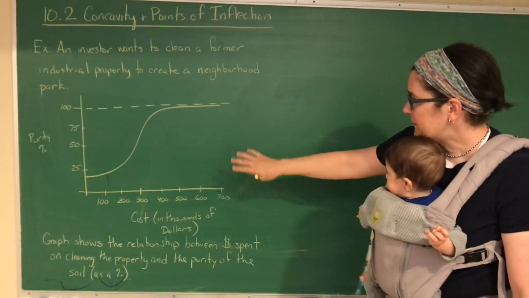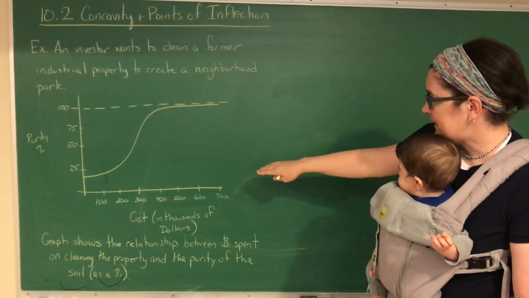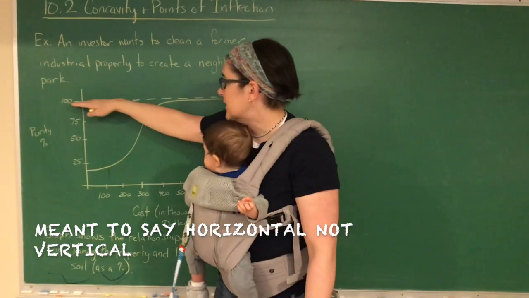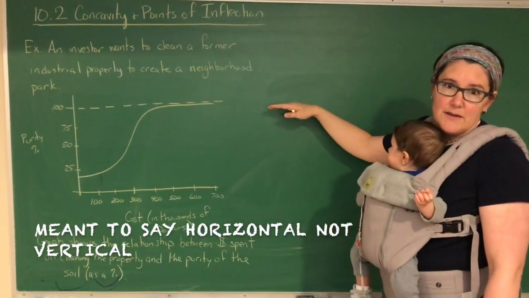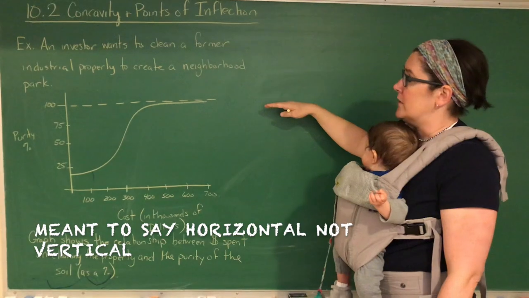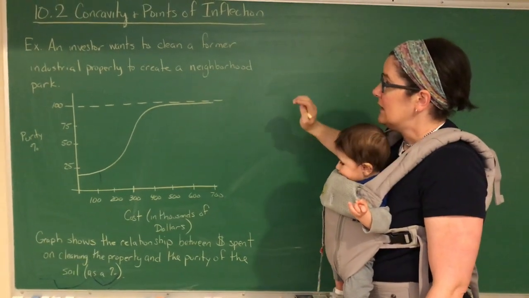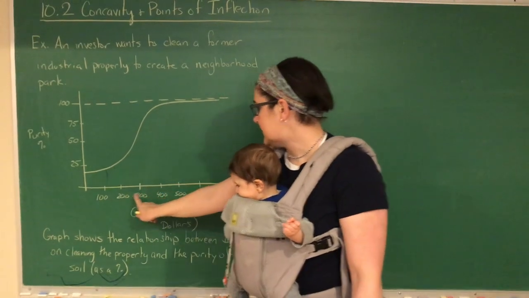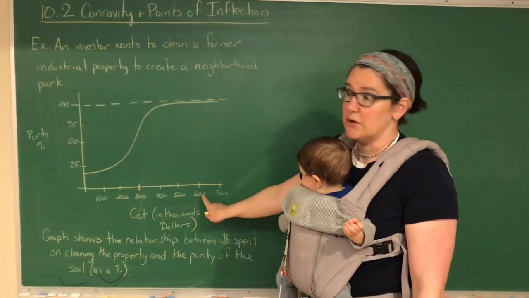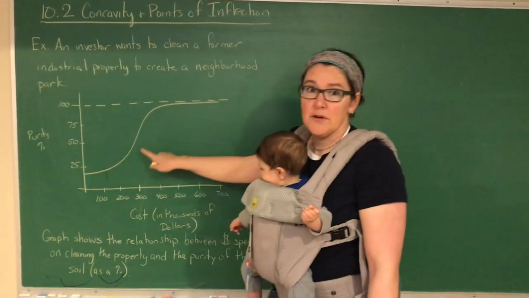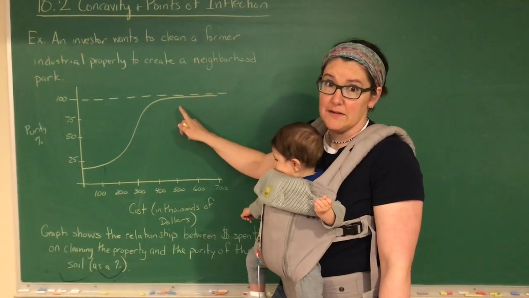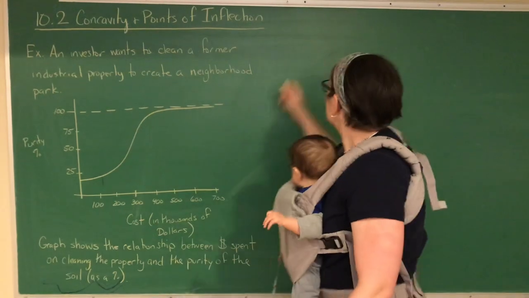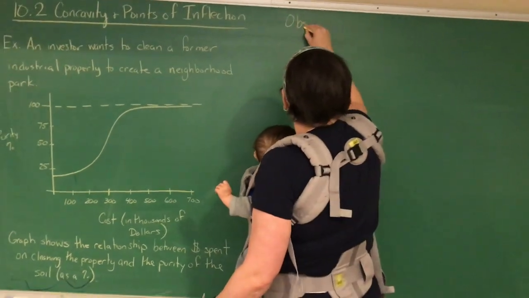Some things that I notice about this graph. The first thing is that there's this vertical line here at 100% because there's no way that the soil can be more pure than 100%. The second thing I notice is that the more money that is spent on cleaning the soil, the closer that purity gets to 100%. So the more money spent, the greater the purity. So our first observation